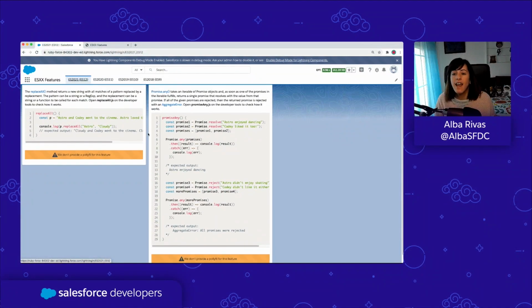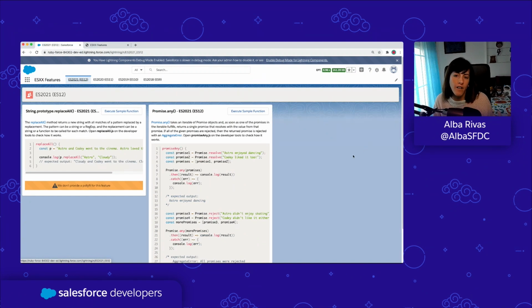So it's very early to get these functions working, but it's also true that most of the browser vendors are already implementing those features, and you can already use them. For instance, you can use these 2 features, and we're going to see that in Lightning Web Components open source, you can use a couple more. So the first feature that I want to mention from ECMAScript 2021 is a string